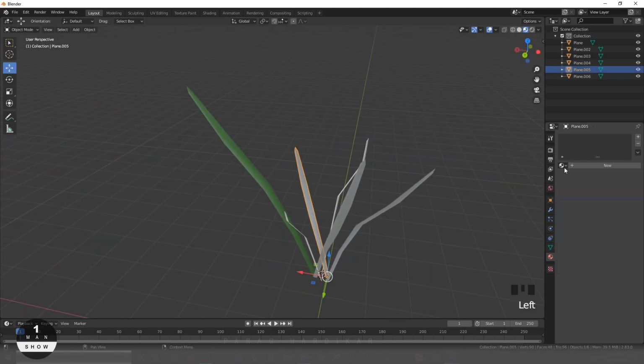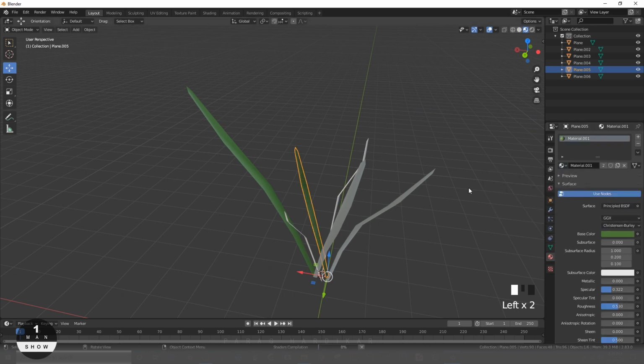Then select another and give it the same material from here.